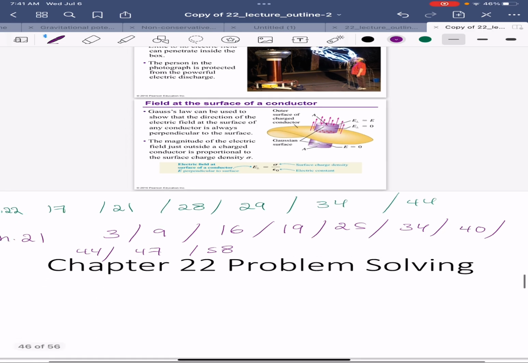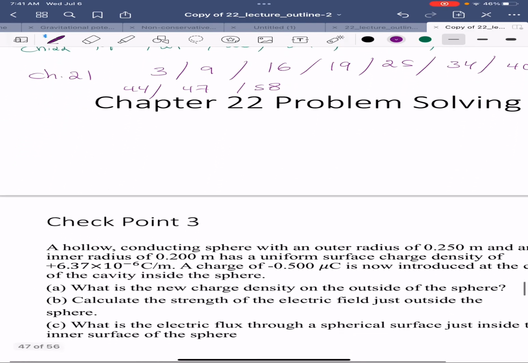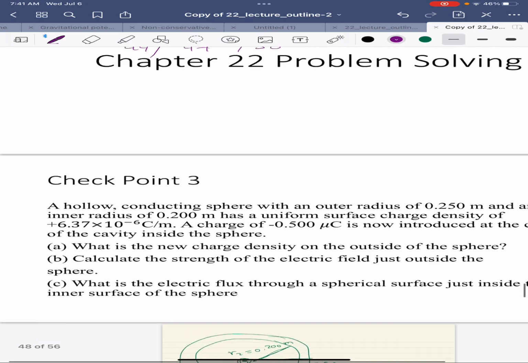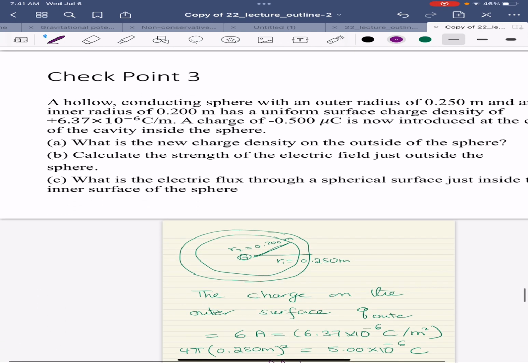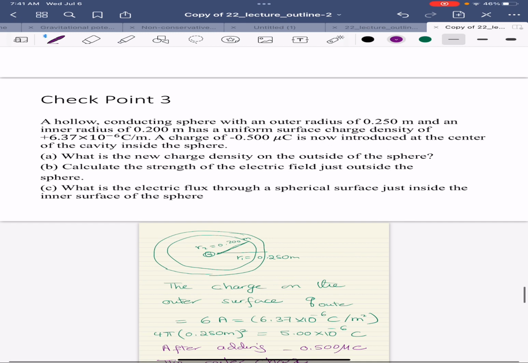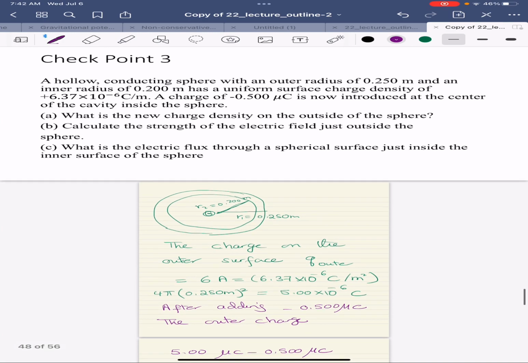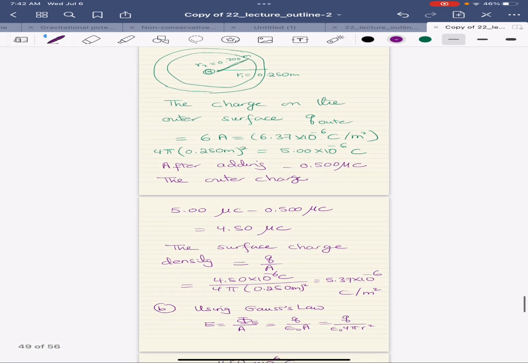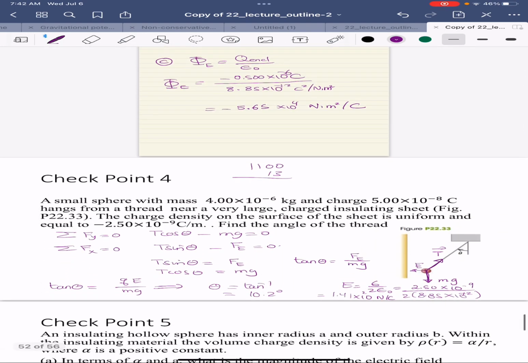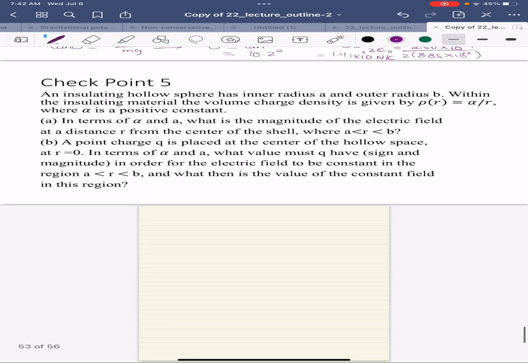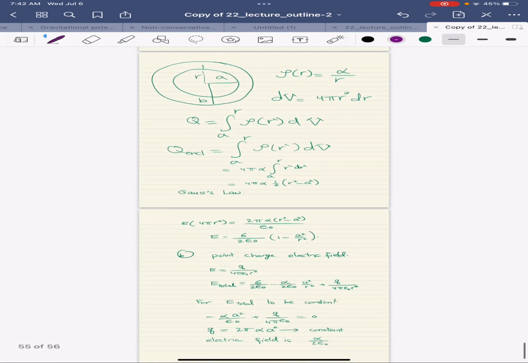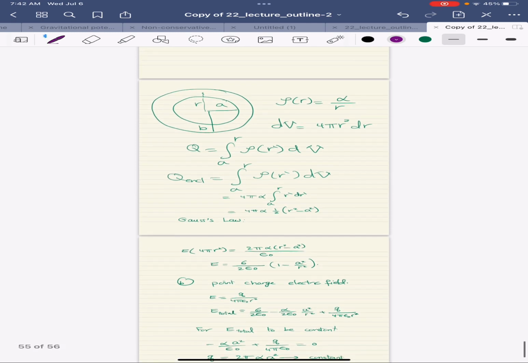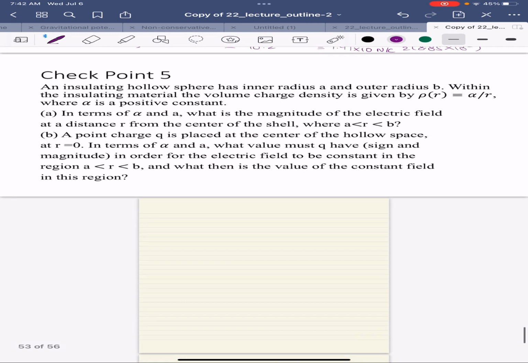These are the problems for the homework, and I have two more problems that I did solve. I want you to check the solutions for checkpoint 3, checkpoint 4, and checkpoint 5. I have the solution, and I will upload the notes for you